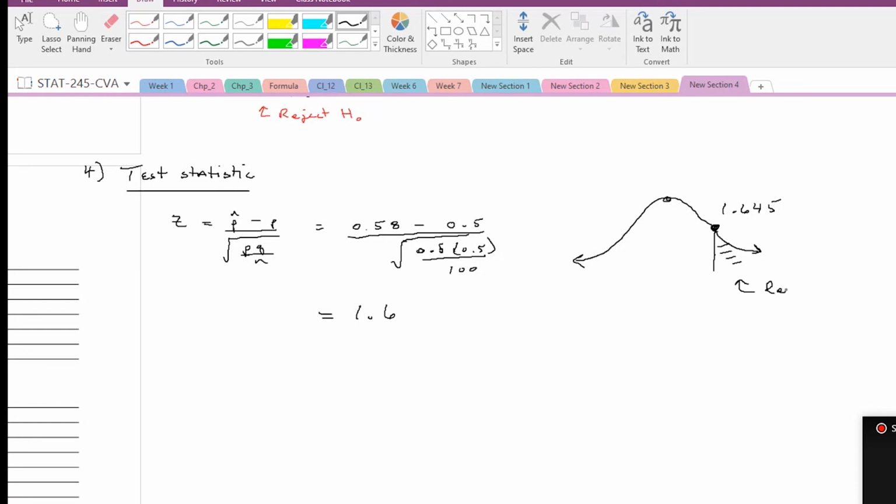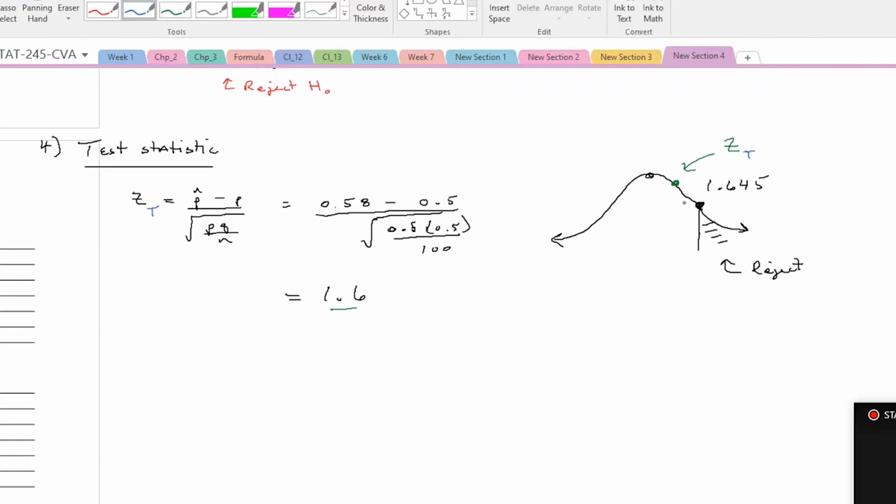That's the rejection zone. Think of it like a touchdown. You've got to get into this touchdown area. Now, we did not. 1.6 is over here. Our actual test score, I usually abbreviate it ZT, doesn't beat it. So it means that this could be just a little fluctuation. We need this in order to prove it's not a false positive. This looks like a false positive. And so what you say as your answer